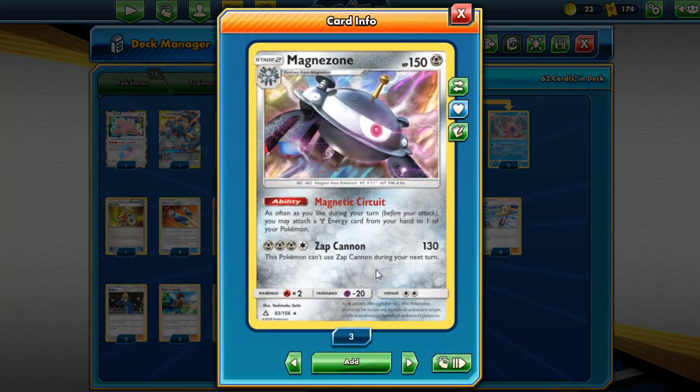Next up, for our support guys, we're playing a 3-3 line of Magnezone. Magnetic Circuit pretty much is the Luge, or Fiery Fandango, or whatever effect you want to call it. It lets you play the energy from your hand as long as you have it. So in this case, we have metal energy, and as long as we have metal energy in our hand, we can use Magnetic Circuit to just play it and play as much in our turn as we